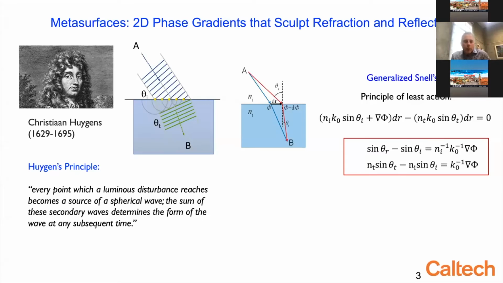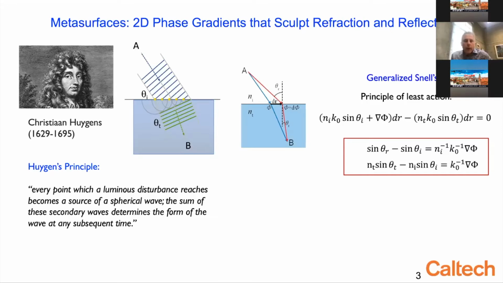So I just want to harken back to this towering figure of the Renaissance who provided the conceptual idea that provides the inspiration for all metasurfaces, which are in fact planar arrays of scatterers, where the scatterers produce outgoing, effectively spherical waves if they're small subwavelength scatterers, and the envelope that's formed by the superposition of all those scattered waves defines the wavefront shape and the wave vector, and indeed we'll see also the frequency or the